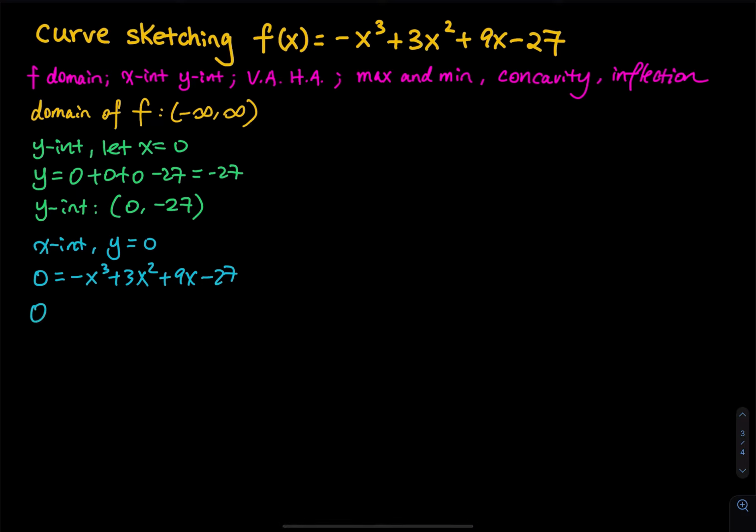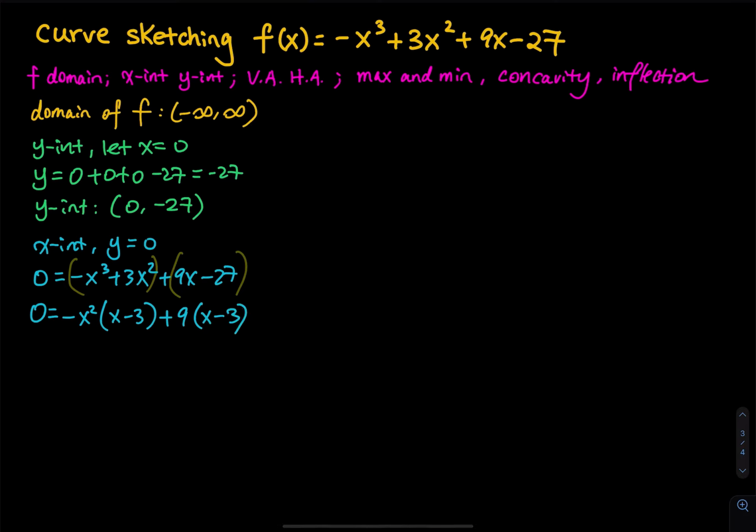So factor by groups, I am going to group the first two terms and the last two terms. I will just do it right here, so I can save one line. Since this is a plus, there is no need to change the minus 27. And then for the first group, we are going to take out our negative x squared, so we have x plus minus 3, so we have x minus 3. And then plus, factor out 9, and then x minus